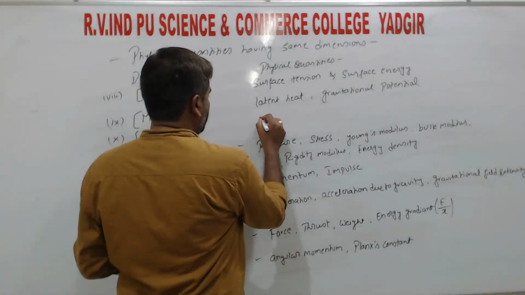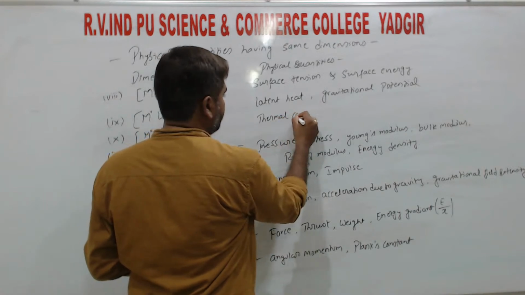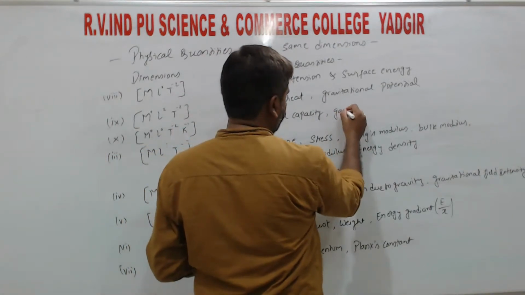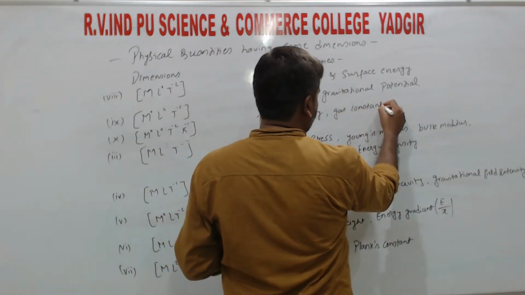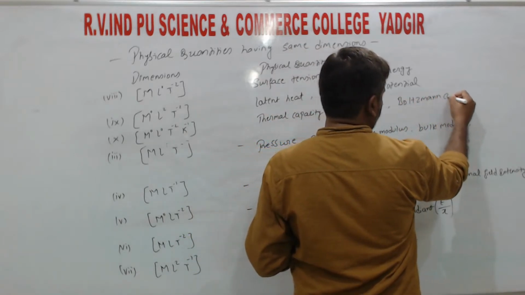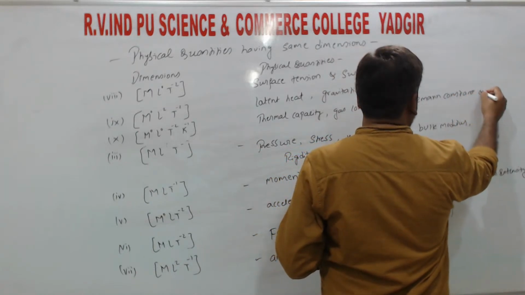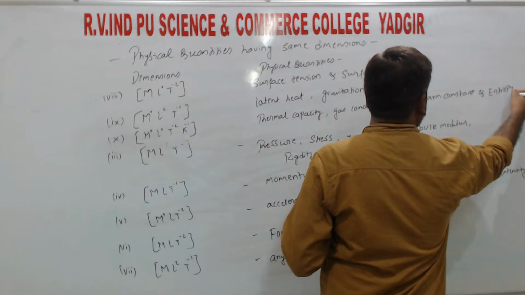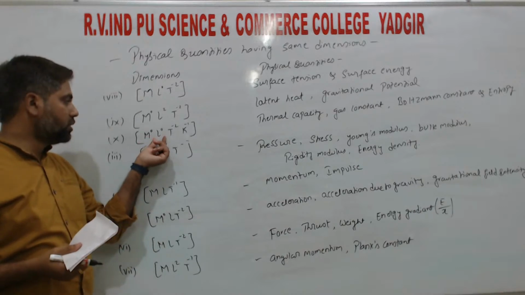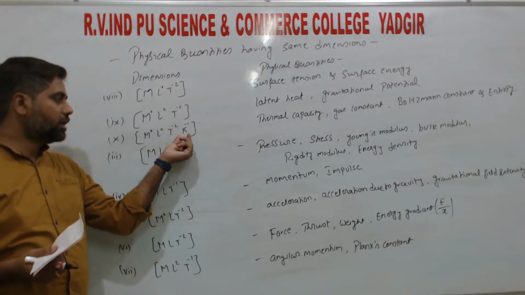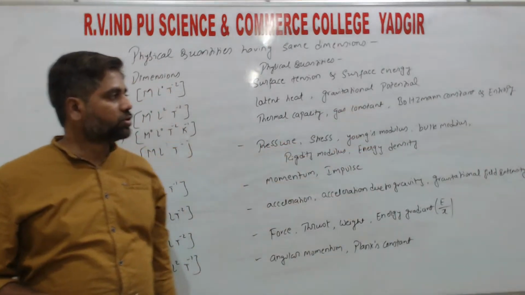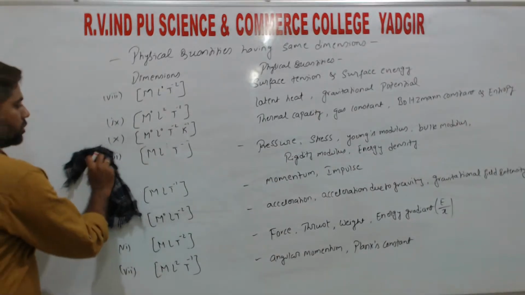So that is for thermal capacity, gas constant, Boltzmann constant, and entropy. Almost ಇಷ್ಟು ನೀವು ಕೆಮಿಸ್ಟ್ರಿಯಲ್ಲಿ ಸ್ಟಡಿ ಮಾಡ್ತೀರಾ, ರೈಟ್? ಸೊ ಡೈಮೆನ್ಷನ್ಸ್ ಏನಿರುತ್ತೆ ಅಂದ್ರೆ ಮಾಸ್ ಇರೋದಿಲ್ಲ, ಲೆಂತ್ ಇರೋದಿಲ್ಲ, ಓನ್ಲಿ ಟೈಮ್ ಮತ್ತೆ ಟೆಂಪರೇಚರ್ ಗೆ ರಿಲೇಟ್ ಆಗಿರುತ್ತೆ. ಸೊ ದಟ್ ಇಸ್ ಥರ್ಮಲ್ ಕೆಪಾಸಿಟಿ, ಗ್ಯಾಸ್ ಕಾನ್ಸ್ಟೆಂಟ್, ಬೋಲ್ಟ್ಜ್ಮನ್ ಕಾನ್ಸ್ಟೆಂಟ್ ಅಂಡ್ ಎಂಟ್ರೋಪಿ. ಸೊ ದ ಲಾಸ್ಟ್ ಒನ್ ಇಸ್